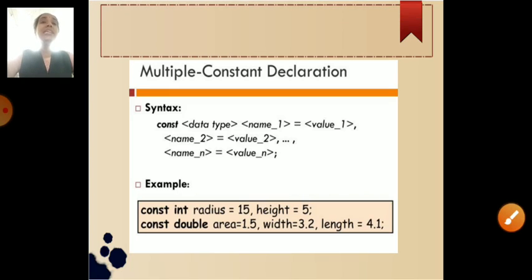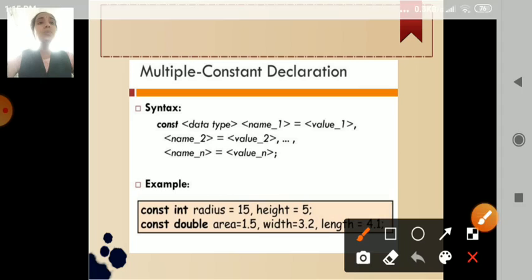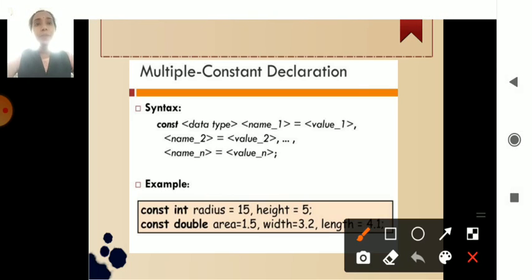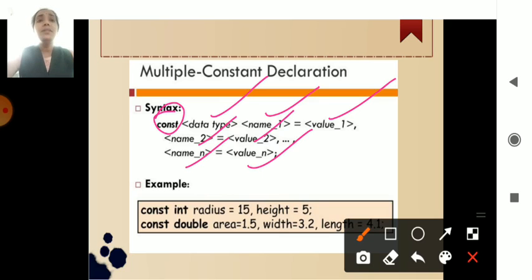Then even the const type can be used for multiple declarations. You can check out here how multiple declarations are made. You use the const keyword, the data type, then name 1 and its initialization, comma, name 2 and its initialization, and so on.